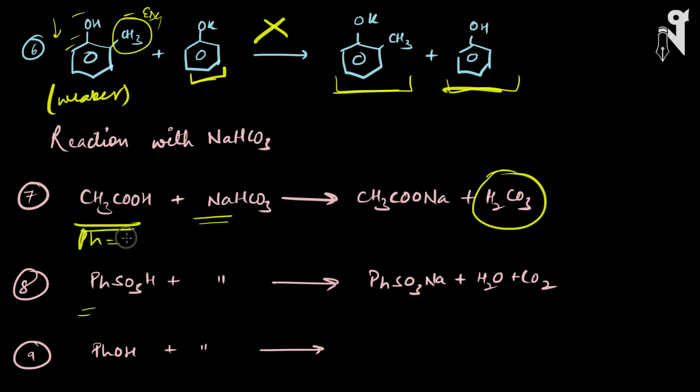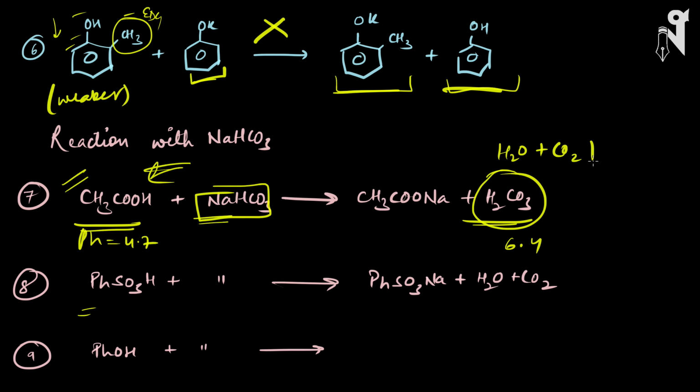So the first example I have taken is ethanoic acid. The pKa of ethanoic acid is around 4.7, whereas the pKa of carbonic acid which will form is somewhere around 6.4. So obviously this is the stronger acid, right? And the reaction will proceed with NaHCO3 forming the sodium salt of ethanoic acid, and carbonic acid will form, which can be written as H2O and CO2, and CO2 will be released from the system. So when we say we are doing the NaHCO3 test, we are seeing whether the carbon dioxide effervescence is getting released or not, and whether the gas which is releasing is turning lime water milky or not. This is what your NaHCO3 test is.